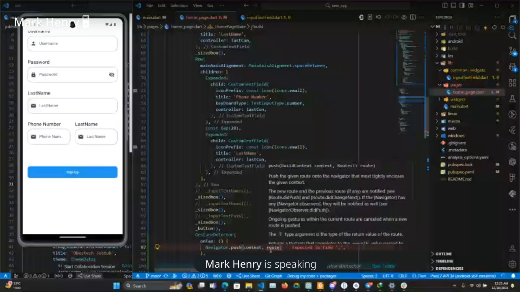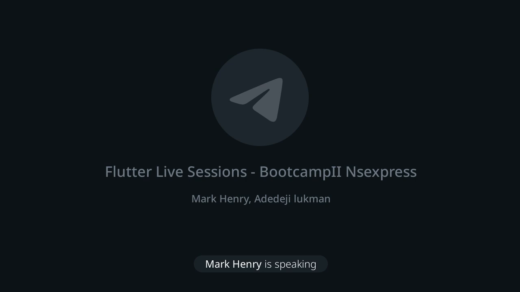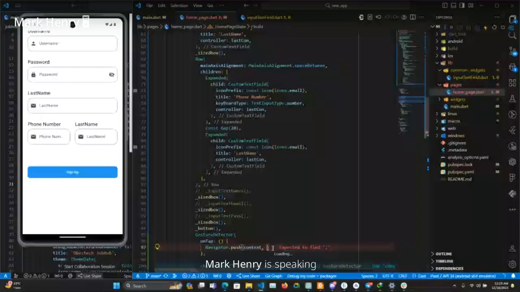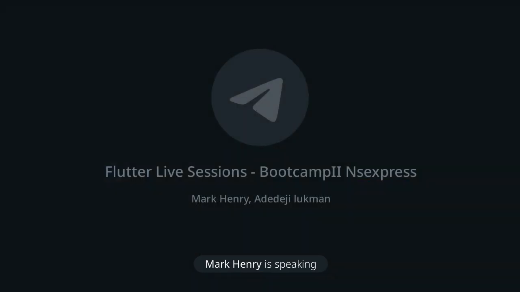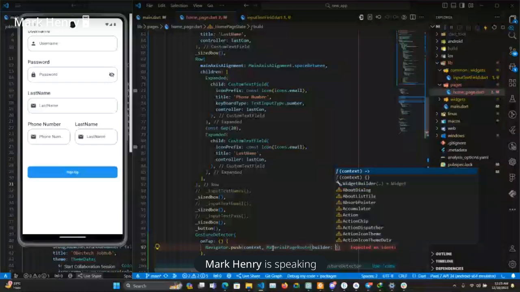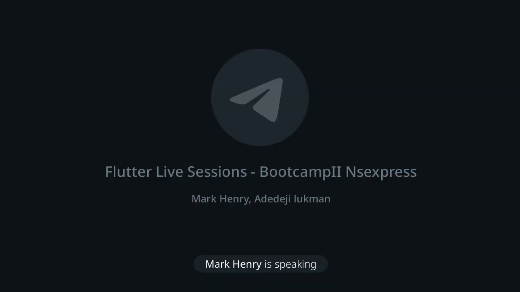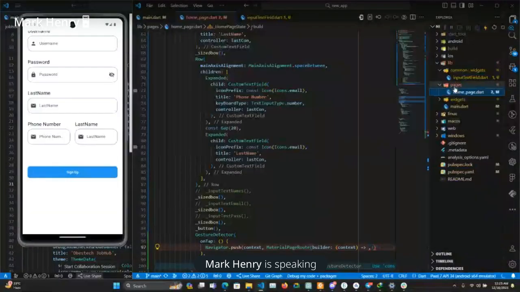Now, like this, you don't do Material page routes. Now, normally, you know how to use builder now. Just click and do your builder. I'd say let's use this one now. Okay, I think there's no page here for this. Let me just create a page, call it